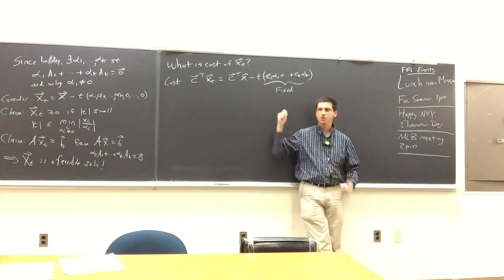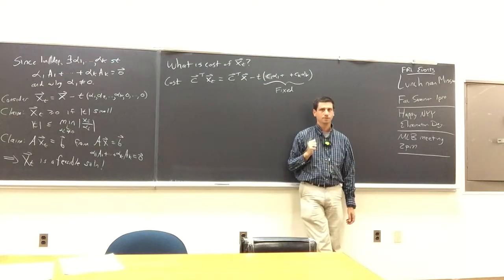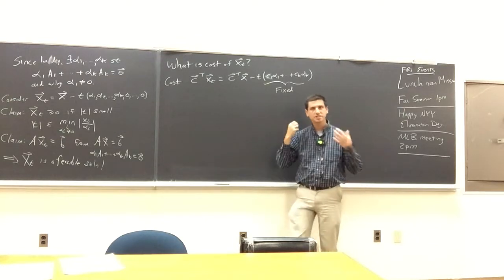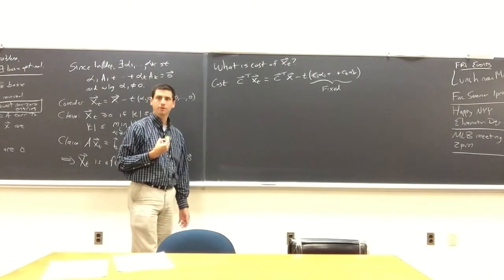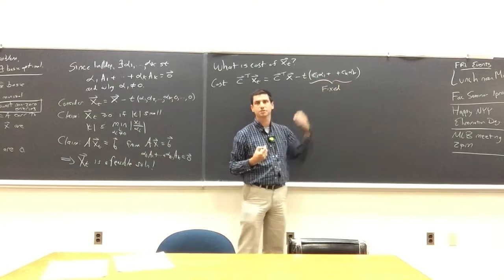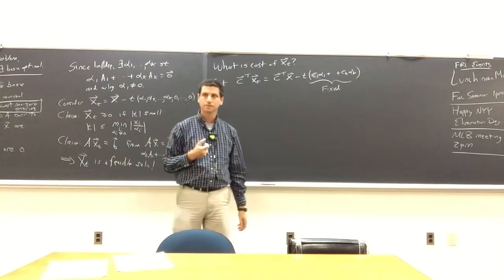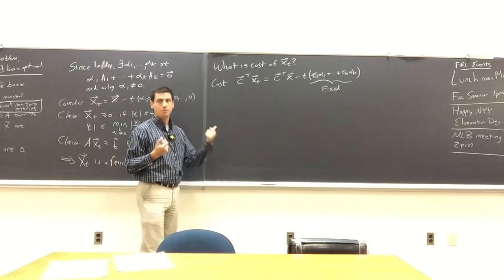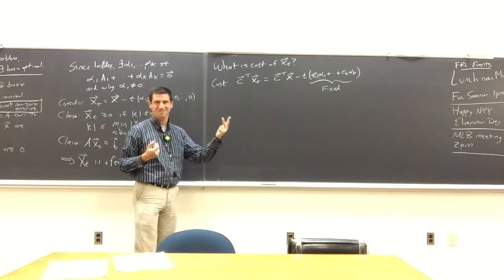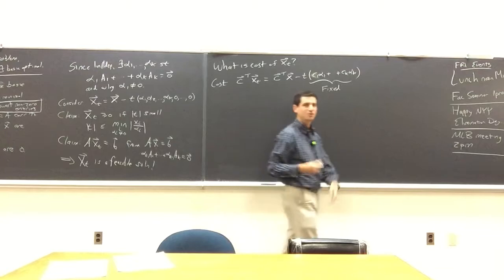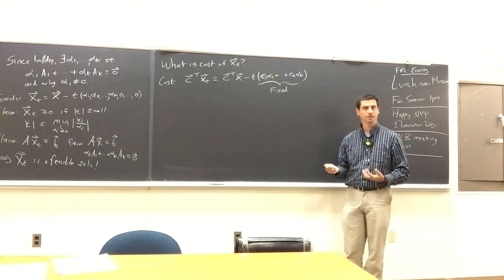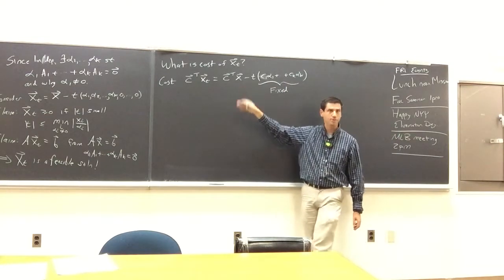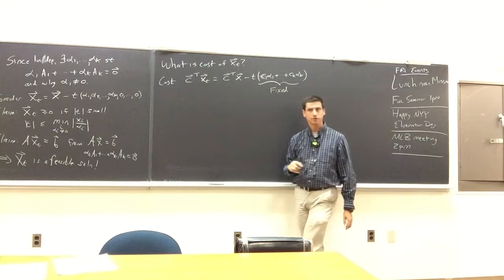So what kind of cases do you think we're going to break this up into? I want you to get a sense of how you would attack something like this. What should our cases be? When you're looking at this, what do you think the key factor is? It's positive, negative, or 0. There are 3 possibilities. The universe likes 2 and 3 for many things: yes or no, on, off, true, false, that's the binary. The comparisons with the real numbers: greater than, equal to, or less than. So there are 3 cases.